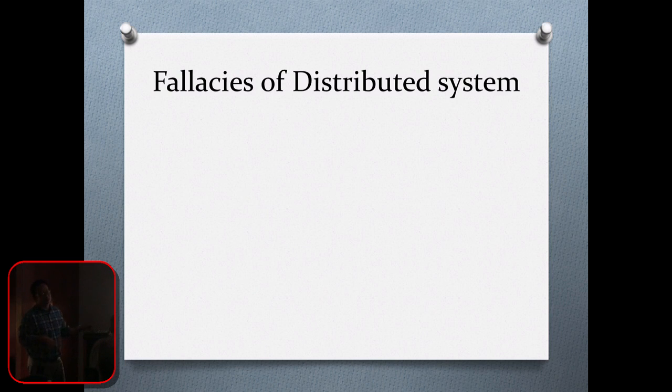Some fallacies, as developers, we tend to make some mistakes when we are designing a distributed system. The first one is the network is reliable. How many of us here think that the network will be reliable in your application? The code assumes it will be. Okay. Well,